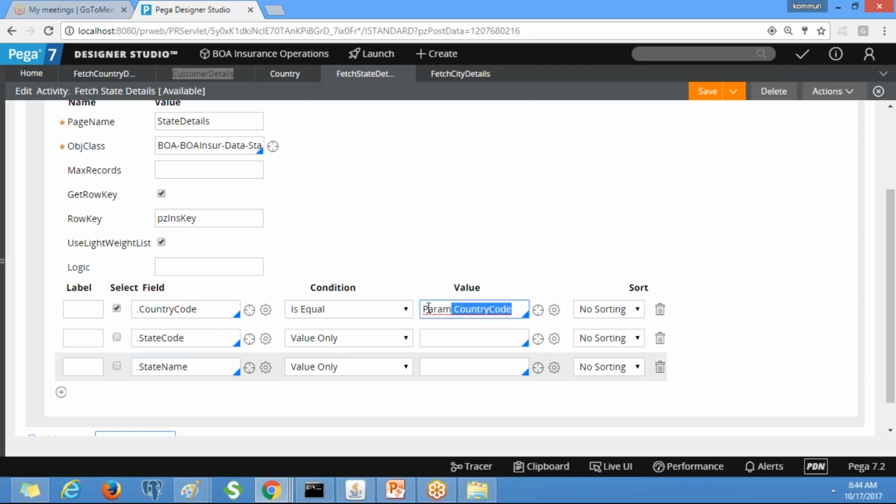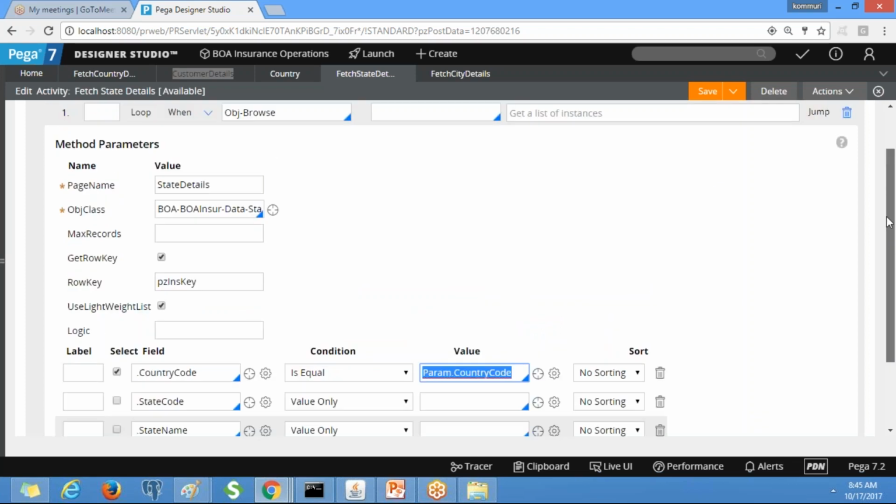This value is getting passed dynamically. We don't need to hard code anything, we should not hard code. This value will always be passed dynamically. Clear, or any doubts?